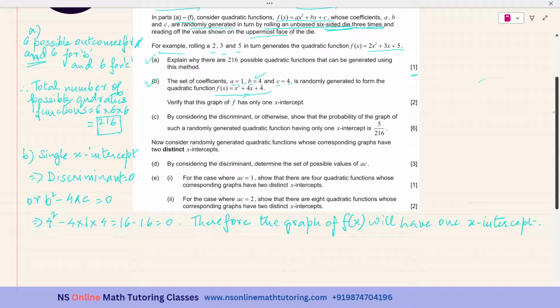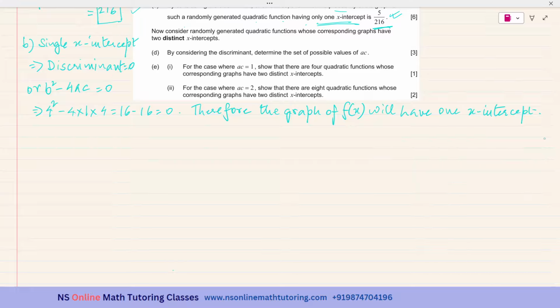By considering the discriminant or otherwise, show that the probability of the graph of such a randomly generated quadratic function having only one x-intercept is this. This 216 is the total number of outcomes that we have seen in part A. Now we have to see how many possibilities are there where the quadratic function will have only a single x-intercept. Okay, so